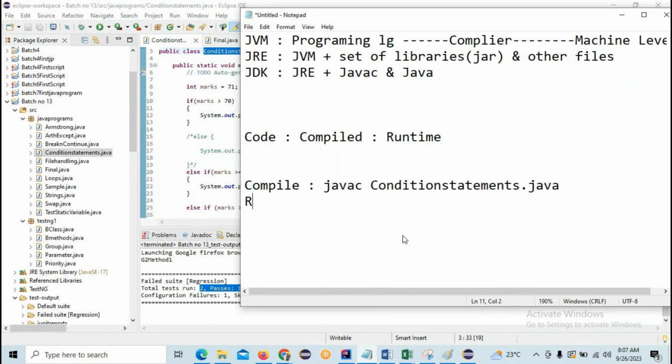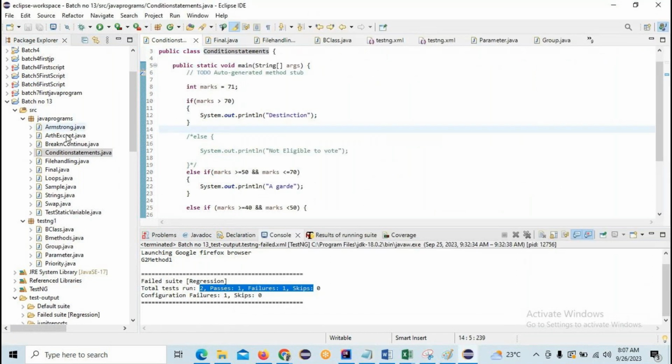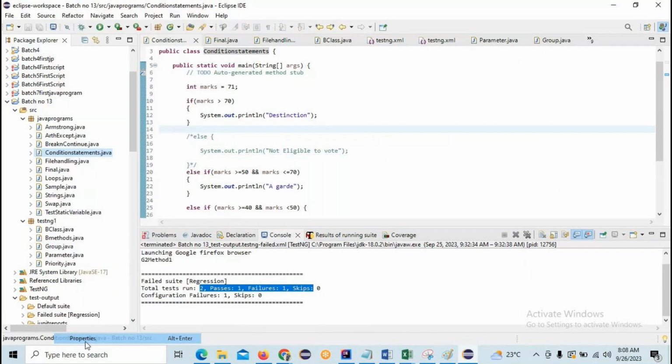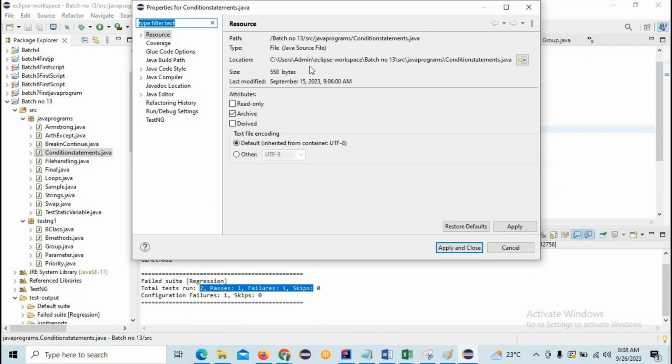And to run, for runtime execution, we are going to use java space class name. Okay, so let me show it to you practically. For example, let me open this and its properties. This is the path of the code, right? So what I'm going to do is